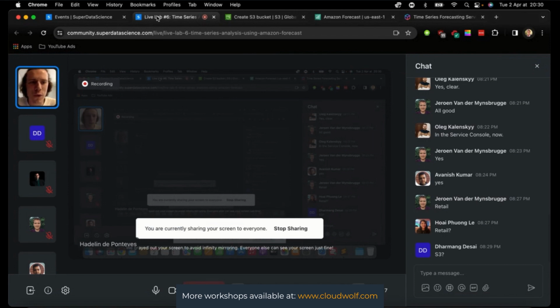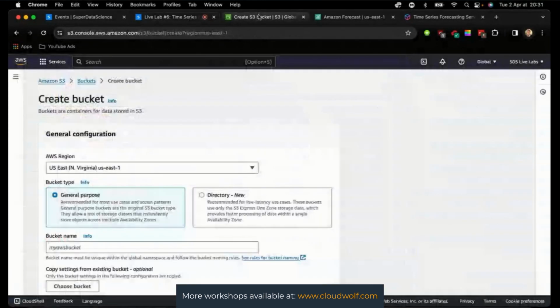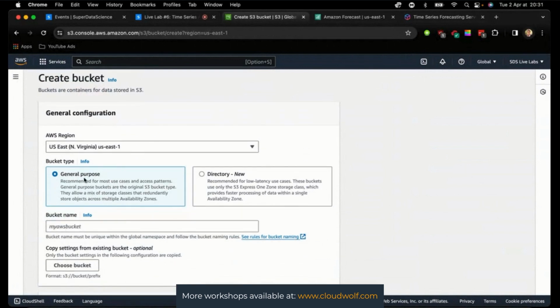And for me, a lab is successful if everyone at the end of the lab successfully builds the application. Okay, so let's go back to S3, and please unmute yourself and say stop if I'm going too fast. So now create bucket, yes. General purpose, yes. We're going to create it in the US East 1 region, which is the default region, but